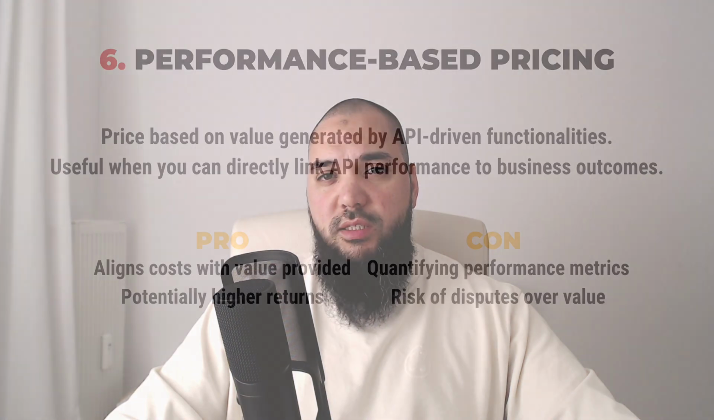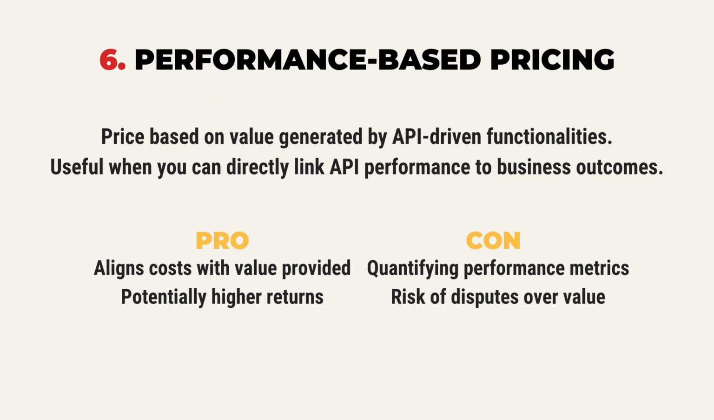Now, another very interesting approach to handling API usage fees is to go for performance-based pricing. Now, that's a little out there, but it's still interesting. So the price would be based on the outcomes or the value generated by the AI-driven functionalities. So you can use this when you can directly link the API performance to a measurable business outcome for the client. And the good thing about this is that it aligns the costs with the value provided, and it